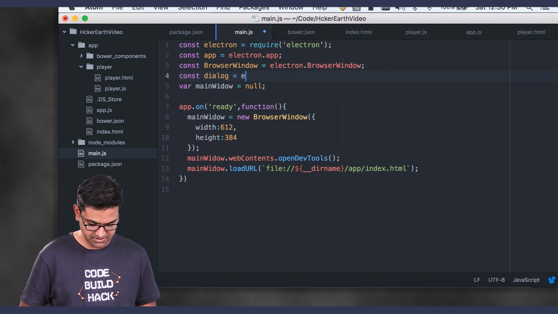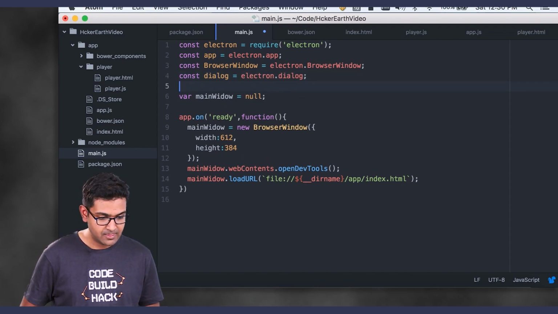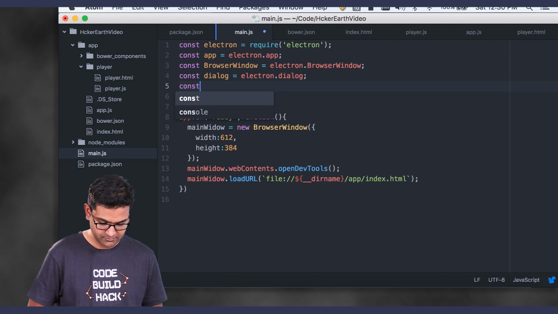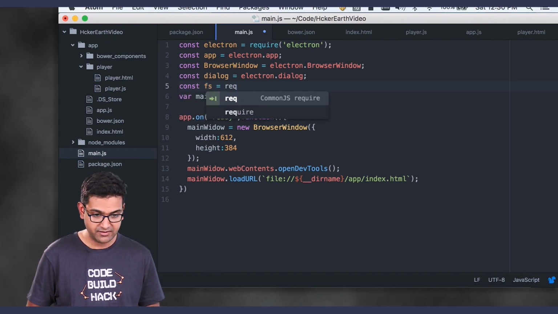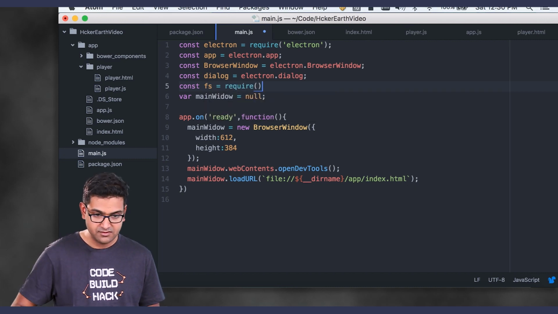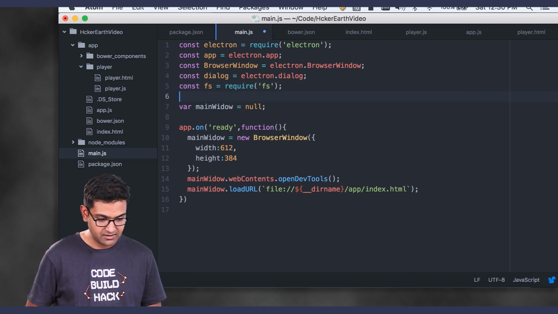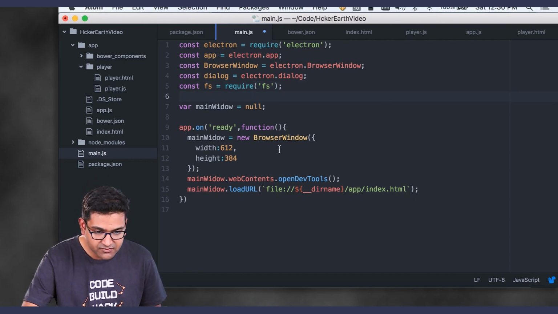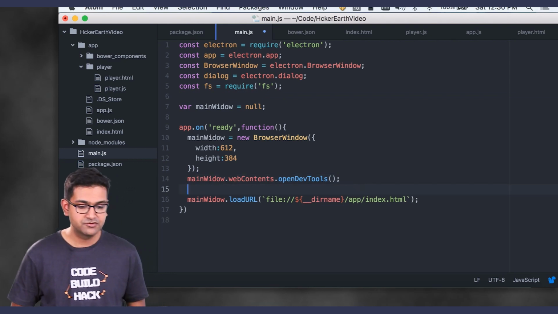Yes, it's just electron.dialog. fs is equal to require fs, and yeah, so once my app is ready, once I've done the dev tools, I'm just going to now create